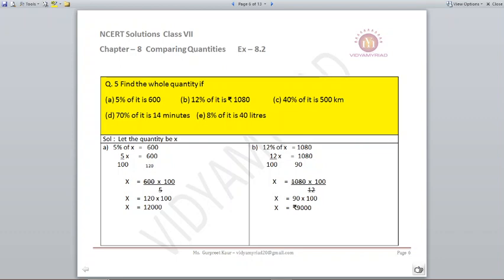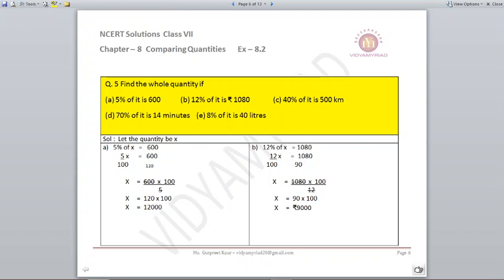You can reduce it to its lowest term and your answer comes to x is equal to 12,000. And you can check this answer. Now in your rough column, find out 12,000 multiplied by 5%. When you do this, your answer should come to 600. That is your check method.